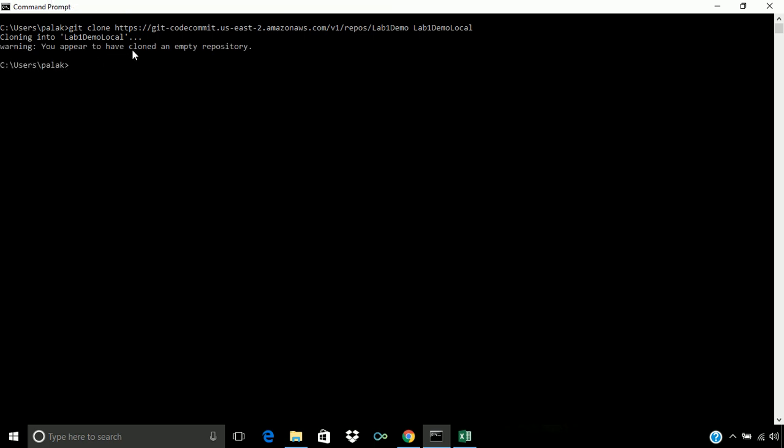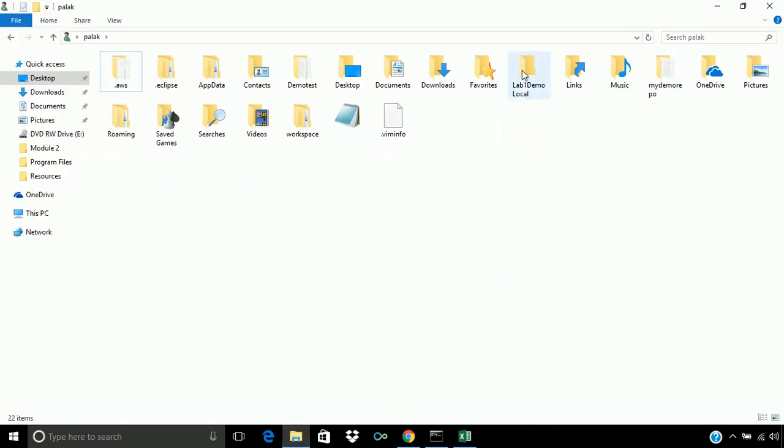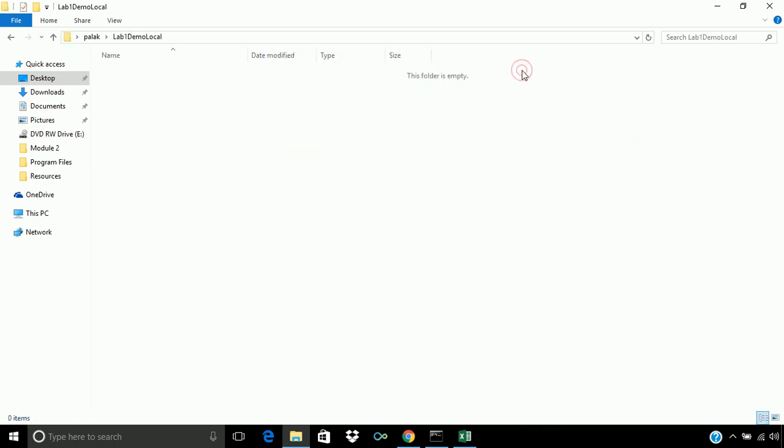If the repository is empty, it will also give you a warning that you appear to have cloned an empty repository. Now if we navigate to this path, we will see one folder created, lab1 demo local. When I refresh it, we can see the folder called lab1 demo local, which is empty.